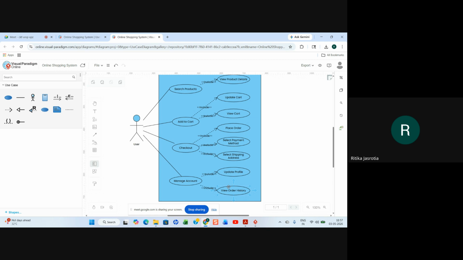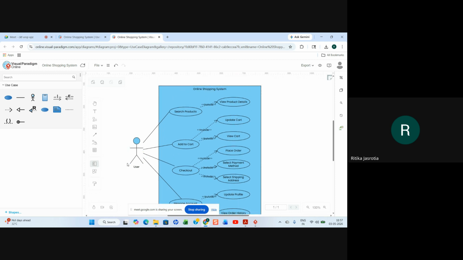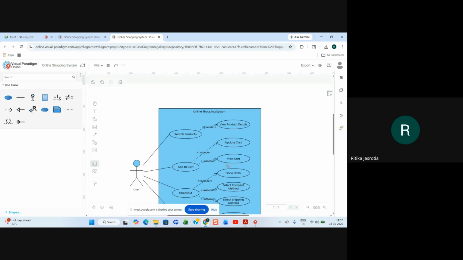This is according to the user's perspective. From the admin perspective, the admin can update the product details and add more products, right?